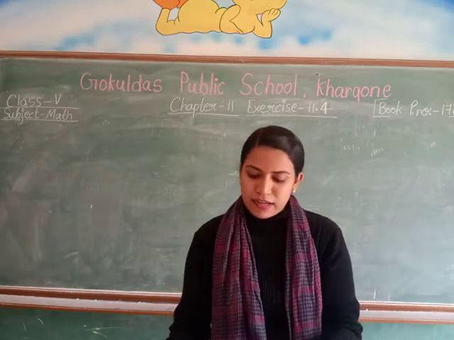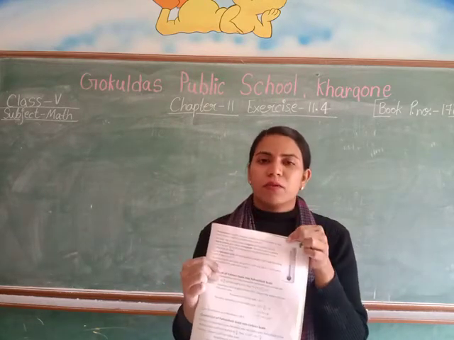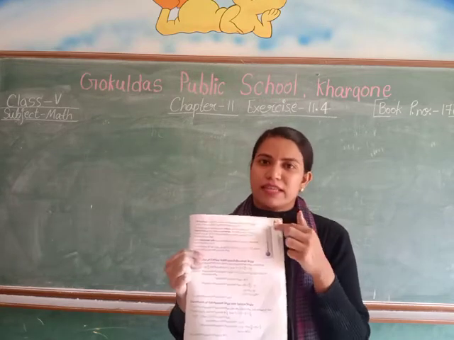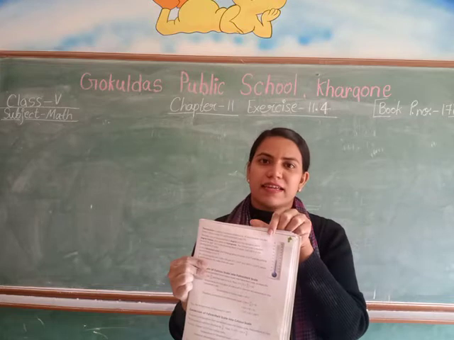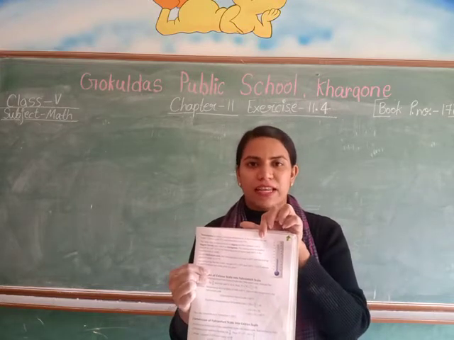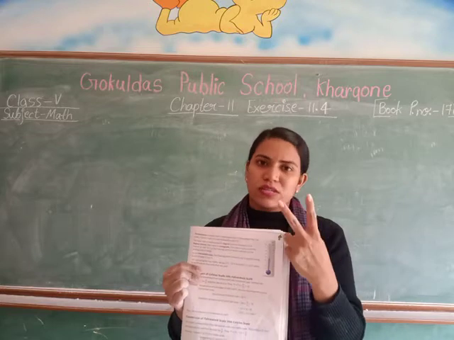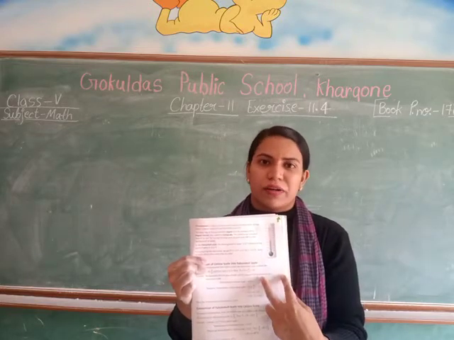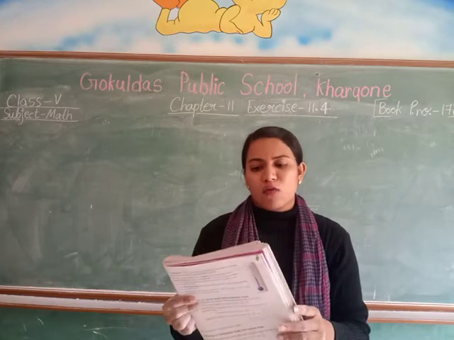As I already informed you that we measure temperature in two scales. One is degree C, another one is degree F. Degree C means centigrade and degree F means Fahrenheit. We measure temperature in two scales, therefore two scales are written on the thermometer. Okay? Now what is our question?